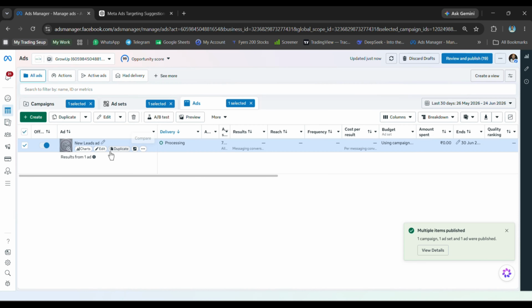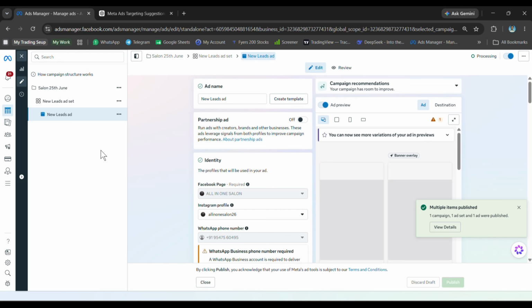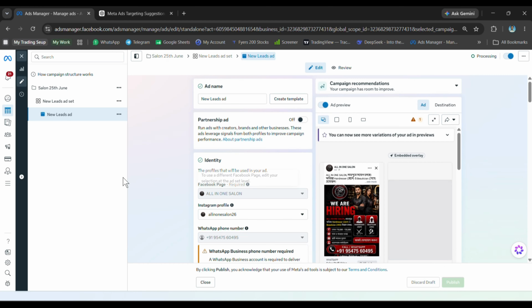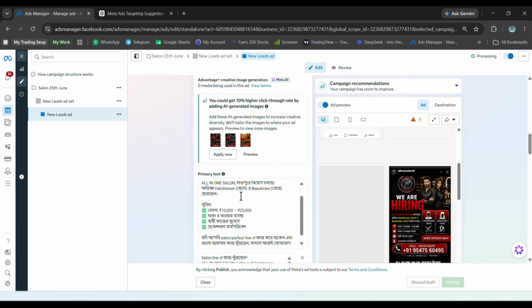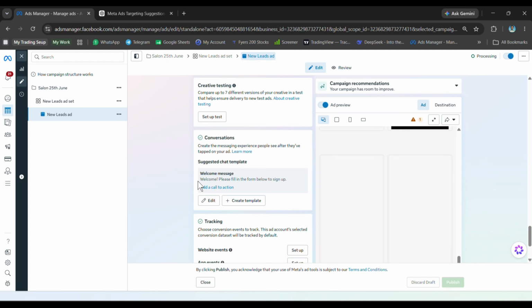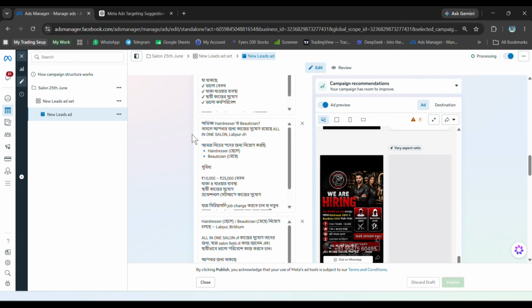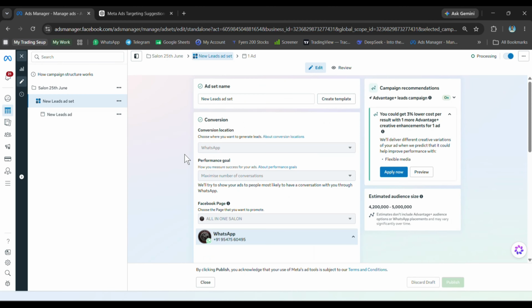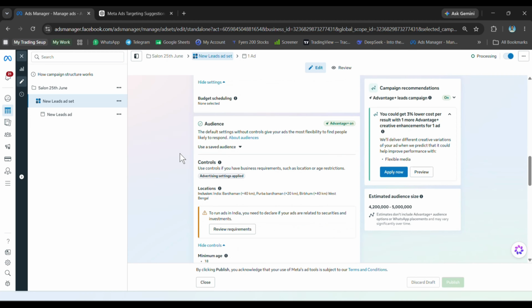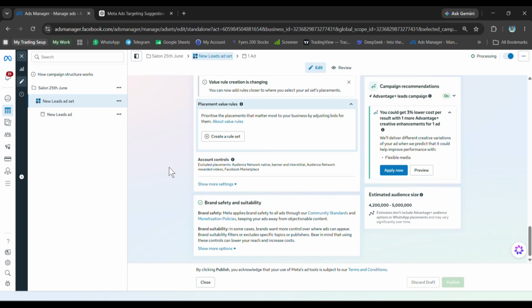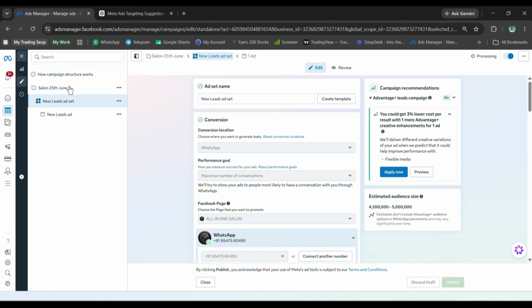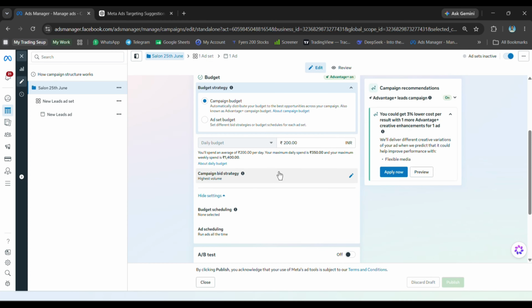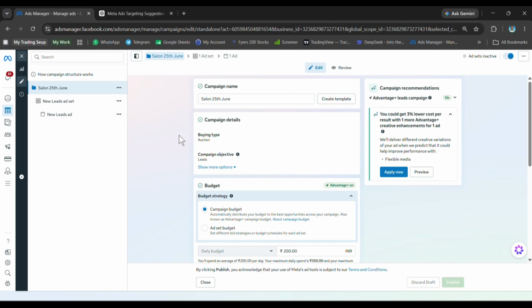Okay, so after publishing, we also need to check or verify once again, because sometimes the settings change. So everything is okay here. Okay, everything is okay. Then here the second level, we will check the start date and end date. Okay, everything is okay. Then we will check here 200. Everything is fine. So that's the way we can create a Meta ads campaign using ChatGPT or AI like ChatGPT,